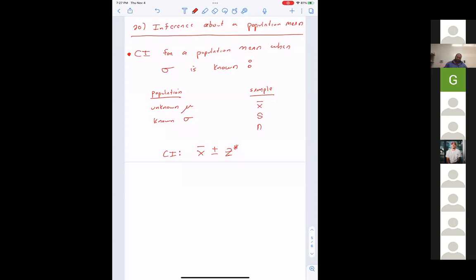It's not a proportion. This is a mean. So without going into the proof, it is given to you as fact. And remember, you can use your notes for tests, so you can write down formulas for all of your confidence intervals and all your hypothesis tests. It's X bar plus or minus Z star times sigma over the square root of n. That is my confidence interval for the mean when I know sigma.